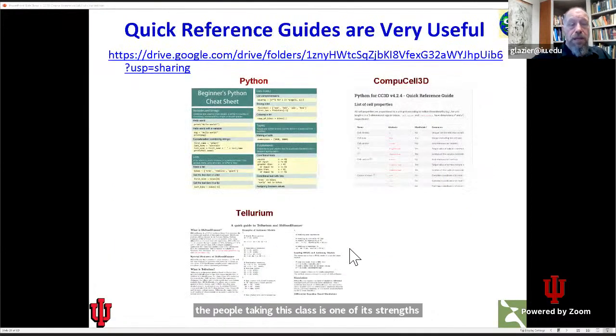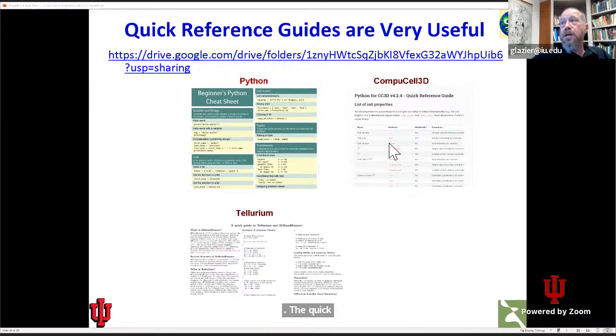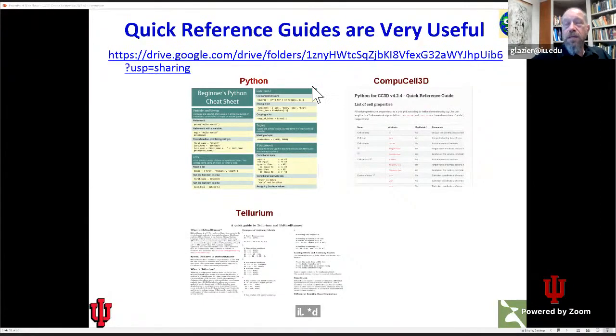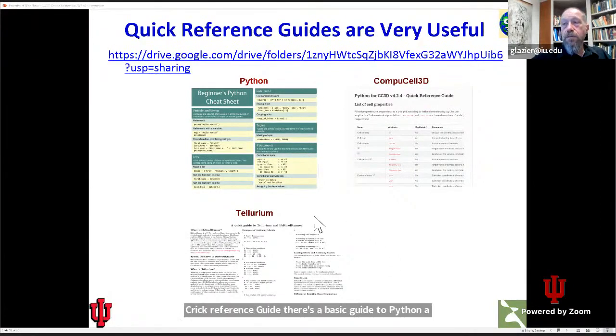The quick reference guides, there are three. There's a CompuCell3D quick reference guide. There's a basic guide to Python, a cheat sheet for Python, and there's a 2-pager for tellurium and antimony for network modeling. And I strongly recommend that you print these out and have them as hard copies on your desk